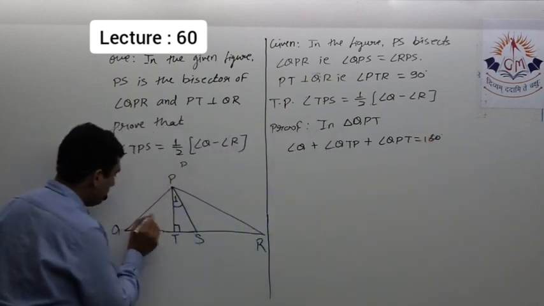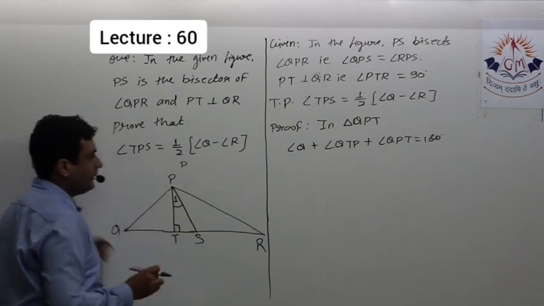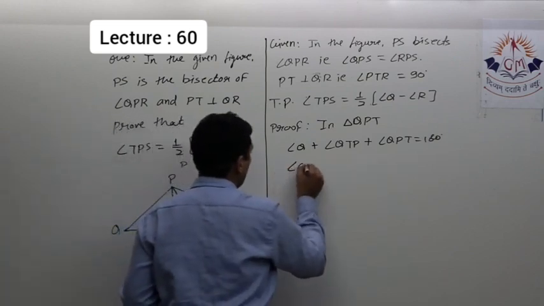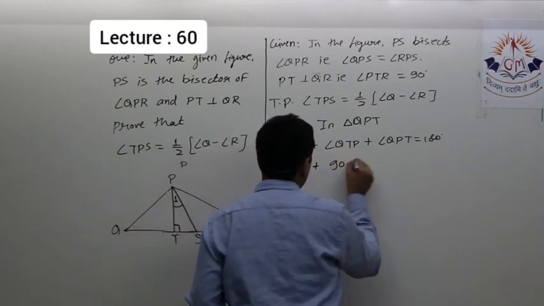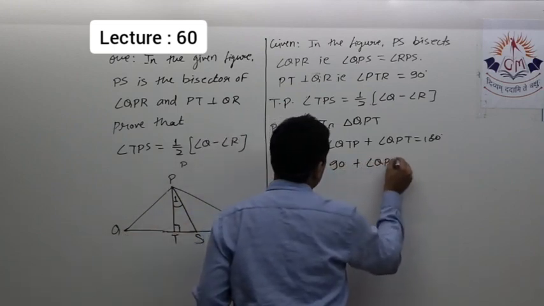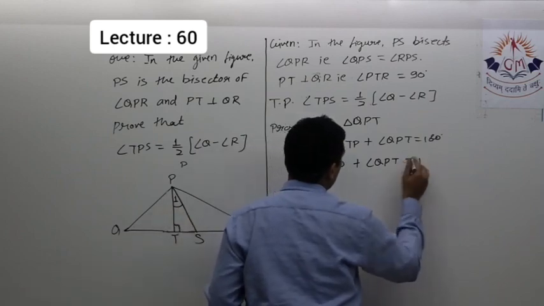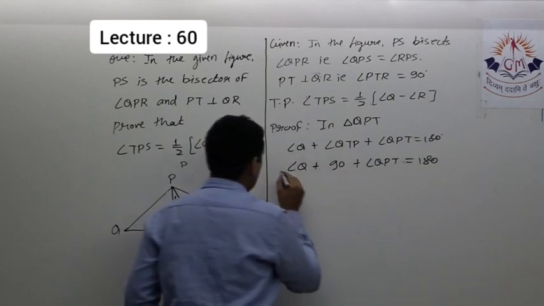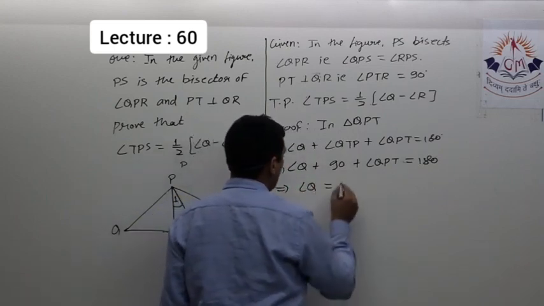This angle Q, this angle T and this angle P, the sum of these three is equal to 180 degrees. So angle Q, now this angle QTP is 90, plus angle QPT is equal to 180 degrees. So from here I can write angle Q is equal to,